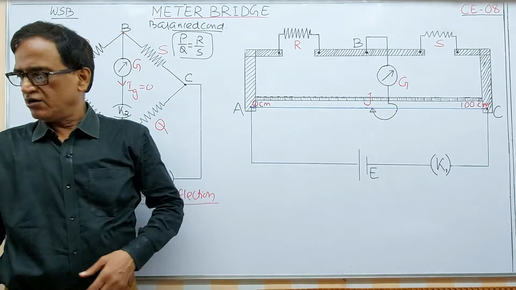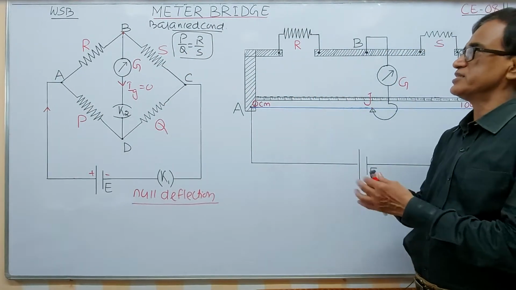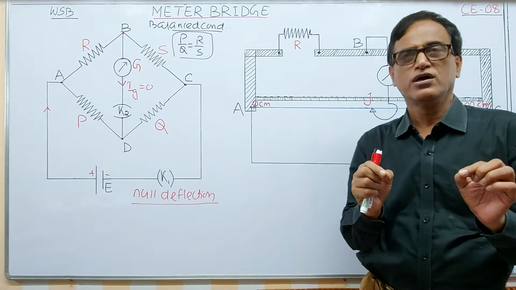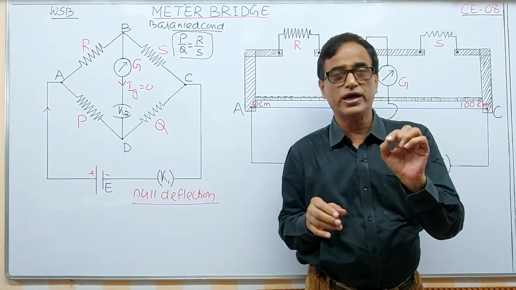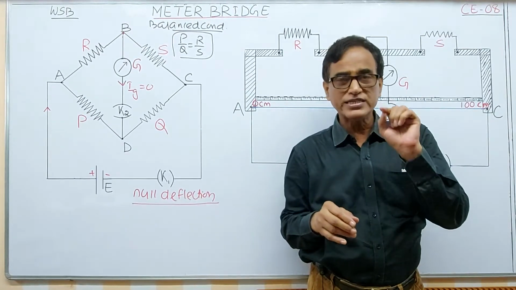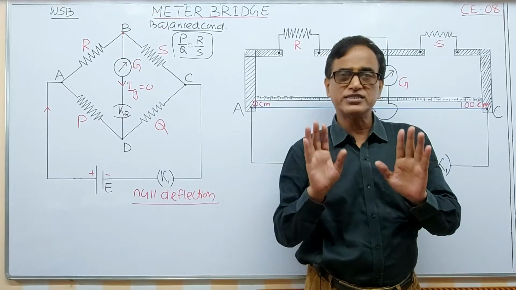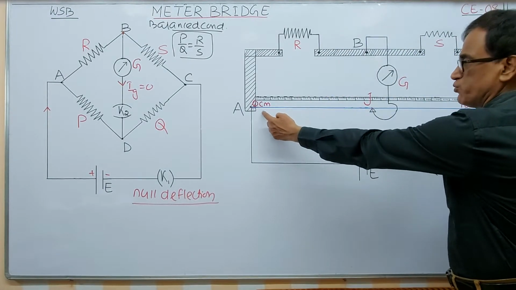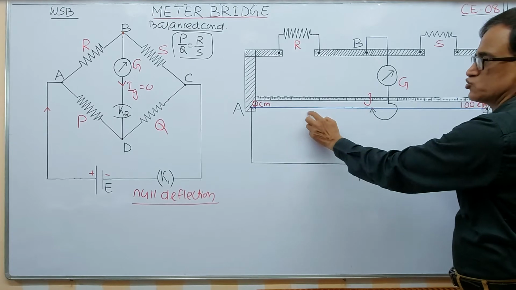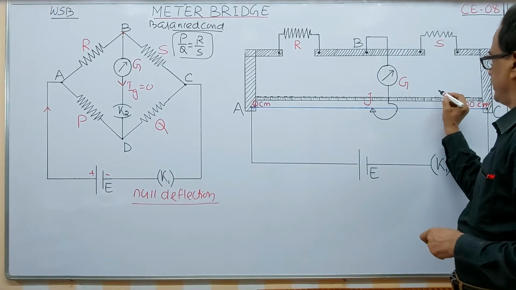Okay. Now let me show you the comparison with this instrument. This instrument is very simple. It constitutes only a single wire whose resistance can be determined. Actually, this is the wire I am taking under consideration. The blue line is the wire in that instrument. This is a scale.